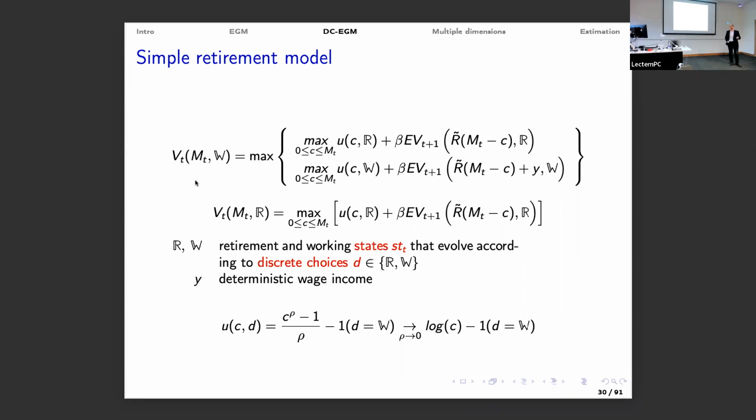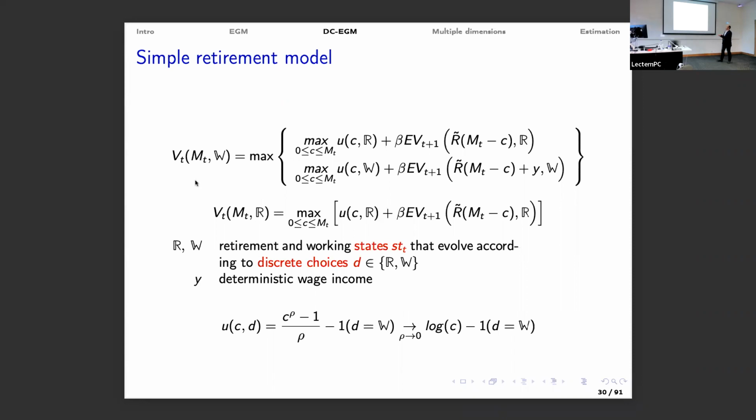To make things even simpler, I'm going to say that if you're retired, and this is denoted by the second argument in the value function, this is your state, right? You're either worker or retired. So in the state of retirement, there's no further discrete choice. You're retired forever, so retirement is absorbing. Then you're solving the consumption problem that we have already discussed, and I don't have to look at this state. Now, is this essential? No, you don't have to have an absorbing state. That's the question that usually pops up. This is just for easier